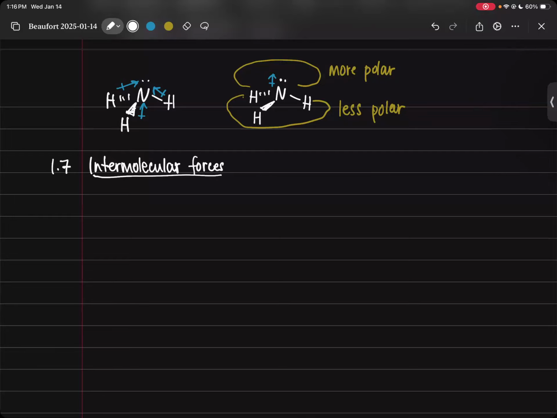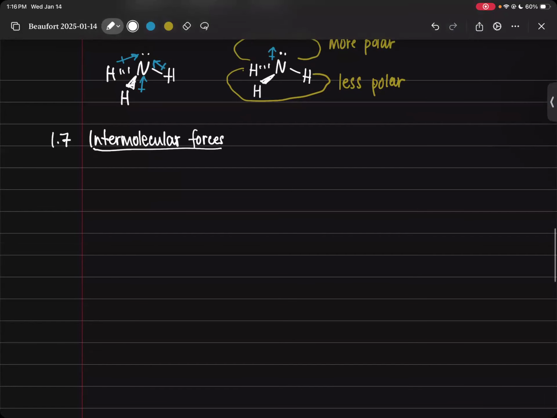So if you remember, intermolecular forces are not what hold molecules together, but what hold molecules to other molecules. Intermolecular. So from strongest to weakest,